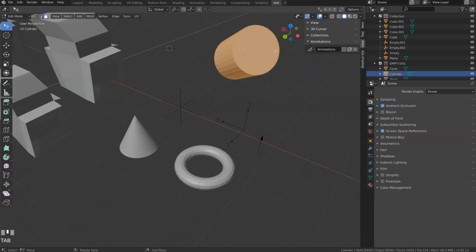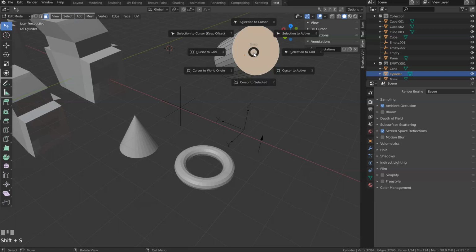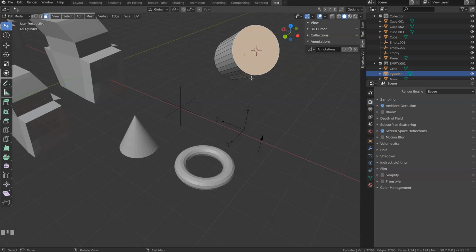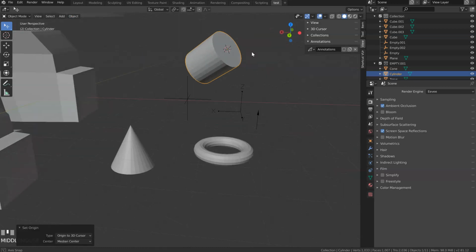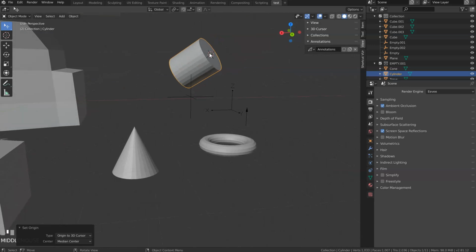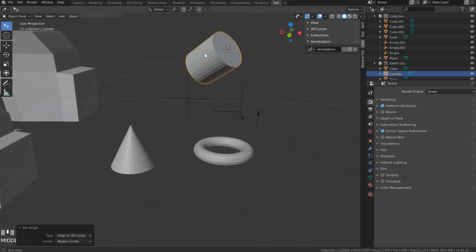You can normally also select, let's see, a face, but this time you will place the cursor here, and after you will place the origin here. Normally it is Shift S. You will place cursor to selection. You come back in object mode with Tab, as we saw previously. And now you will press set origin to 3D cursor, and that will place the origin directly on the cursor.